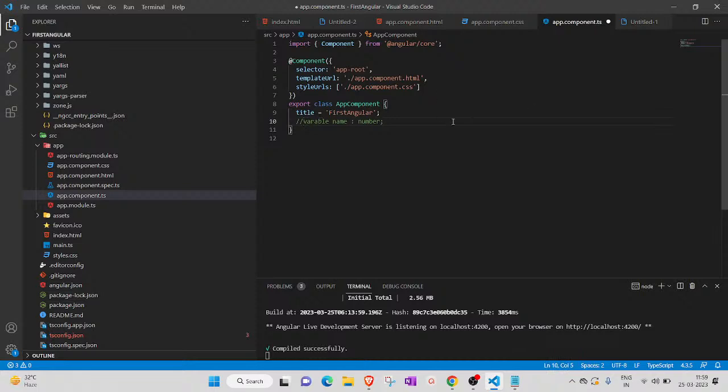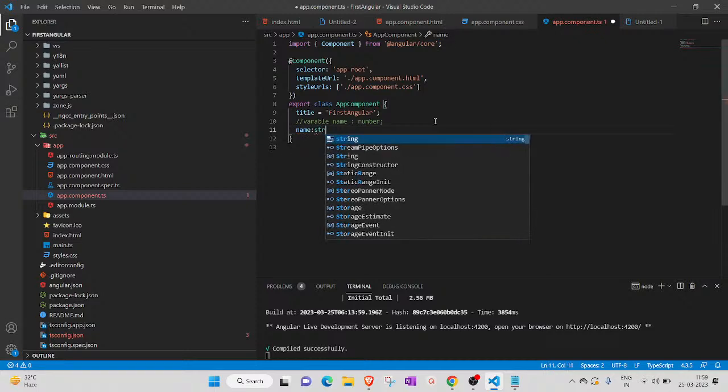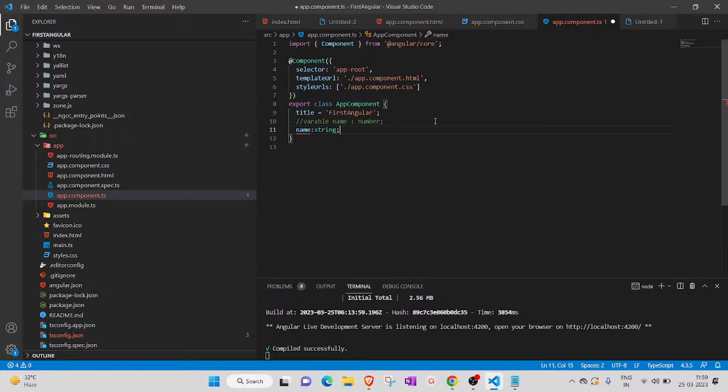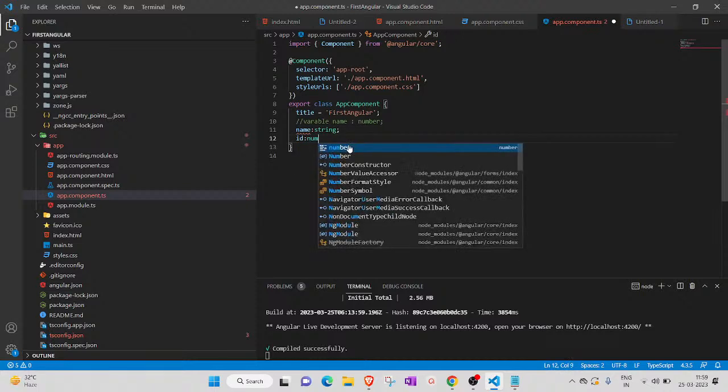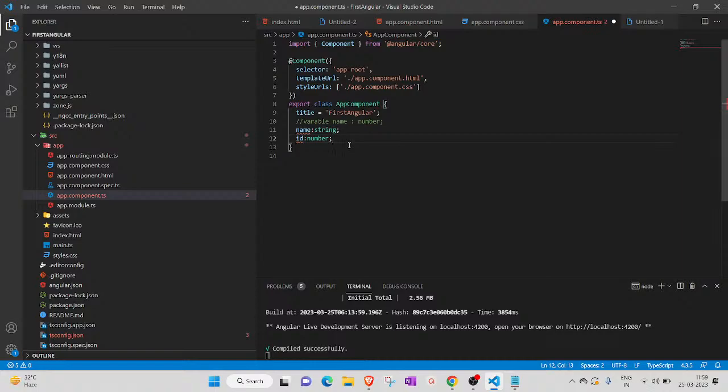For example, suppose I'll write name. The type I can give string, because here in TypeScript these are the data types. Name, clear? We can give name string, ID number. So these are the